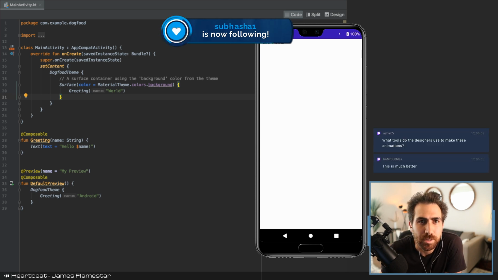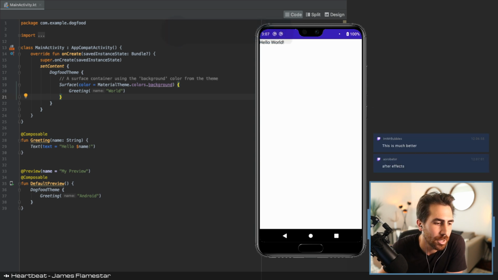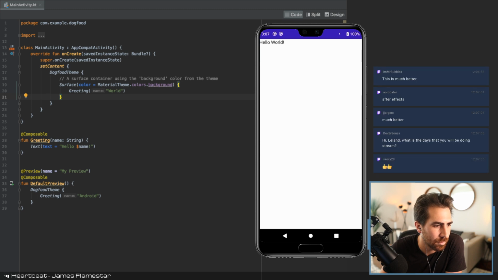What tools do the designers use? Well, it might say here. I think Figma's pretty popular, but